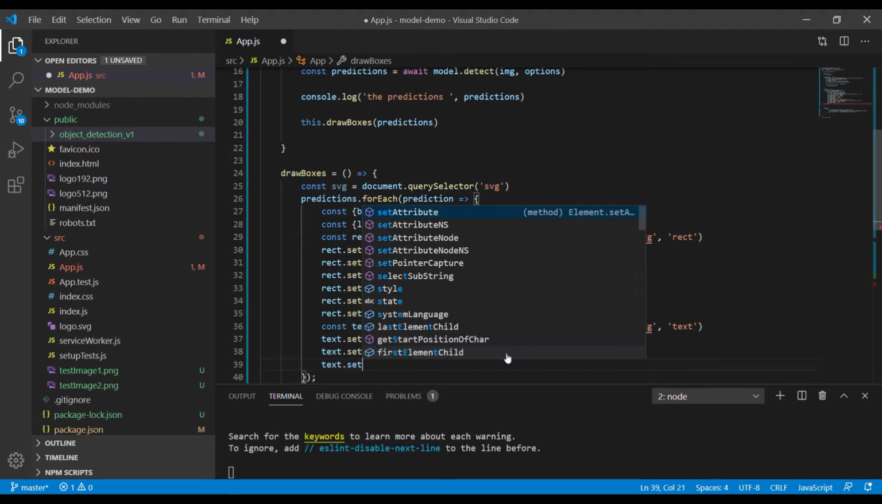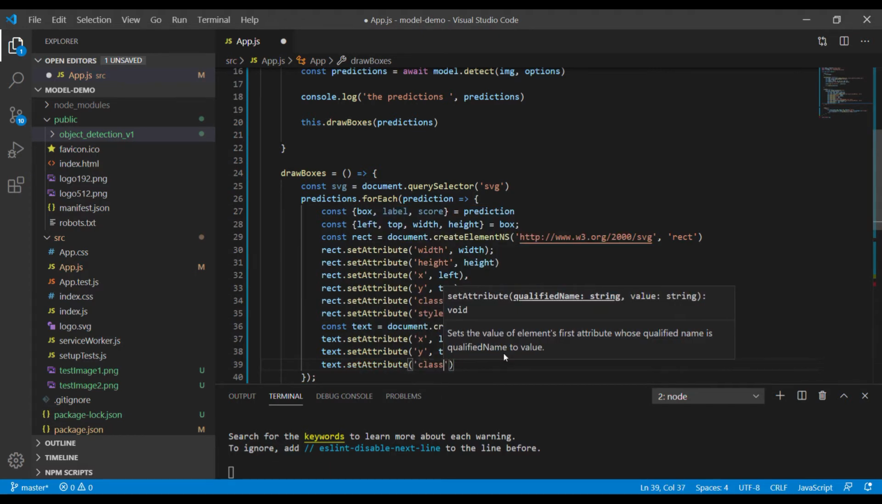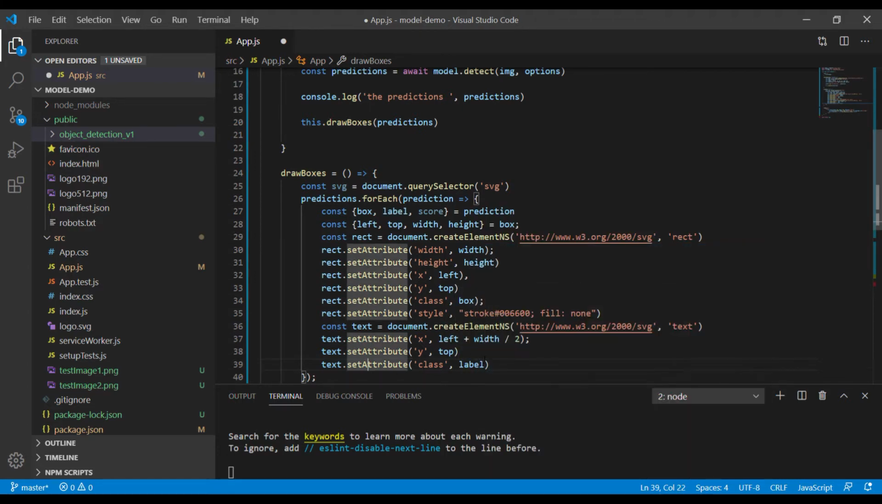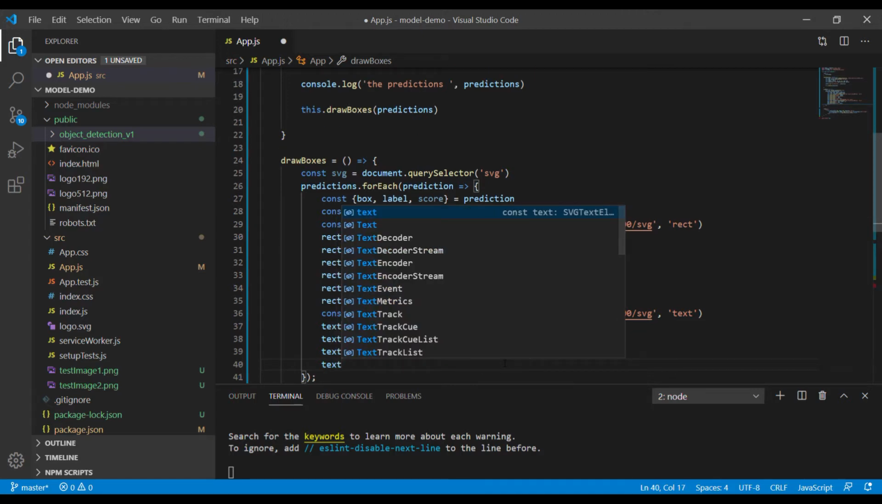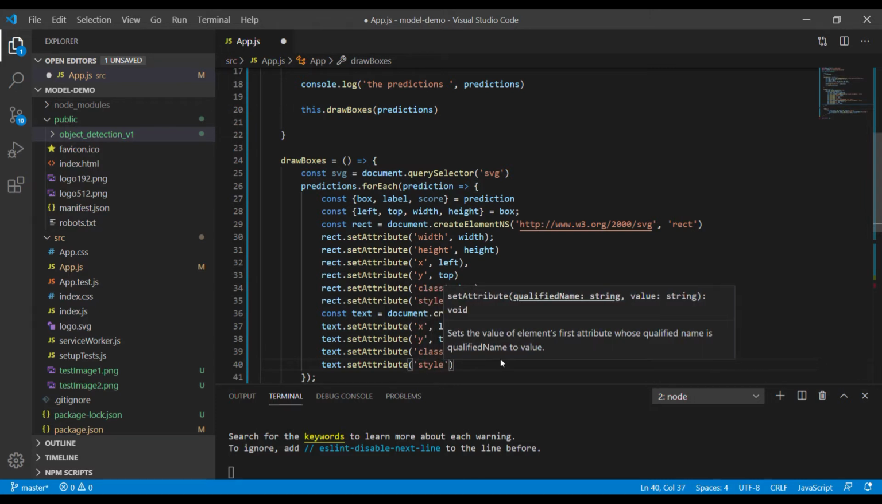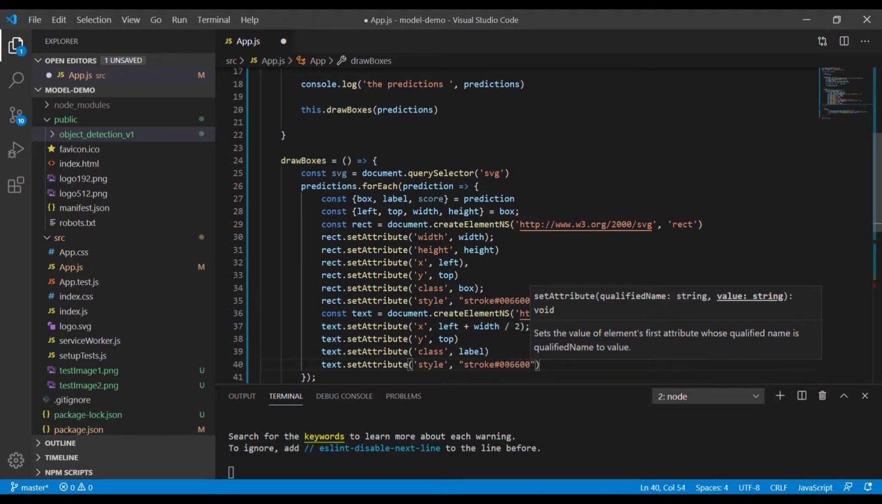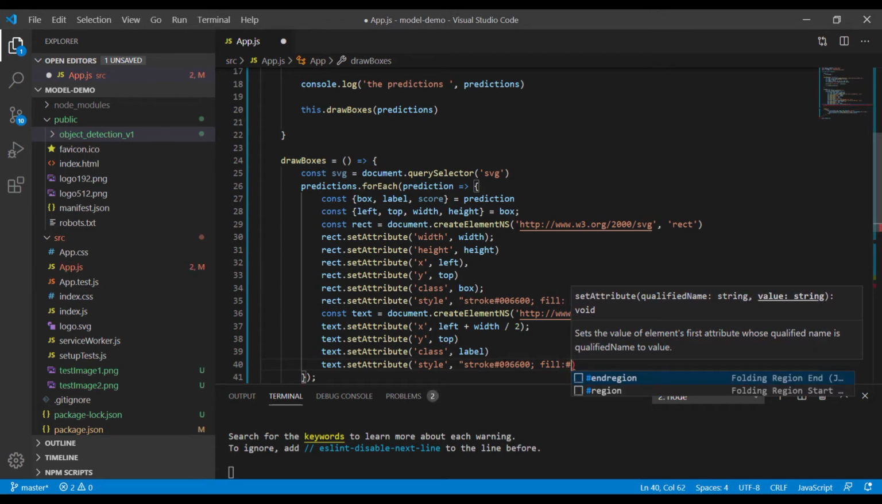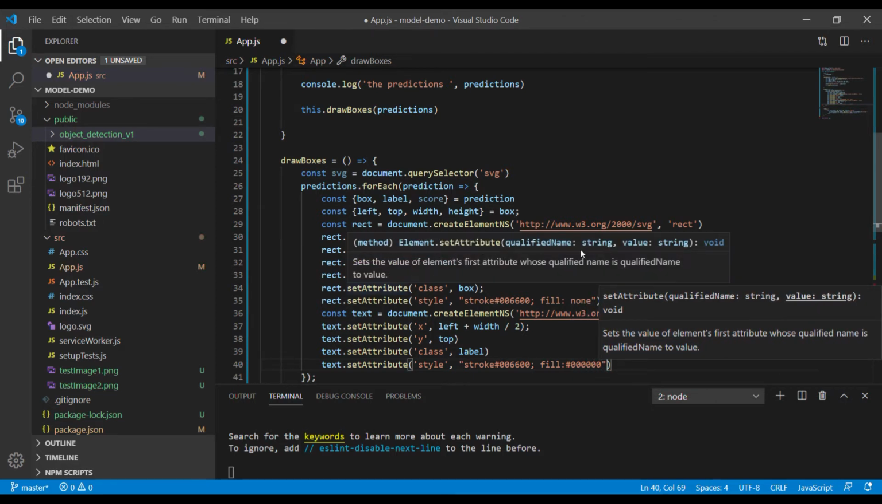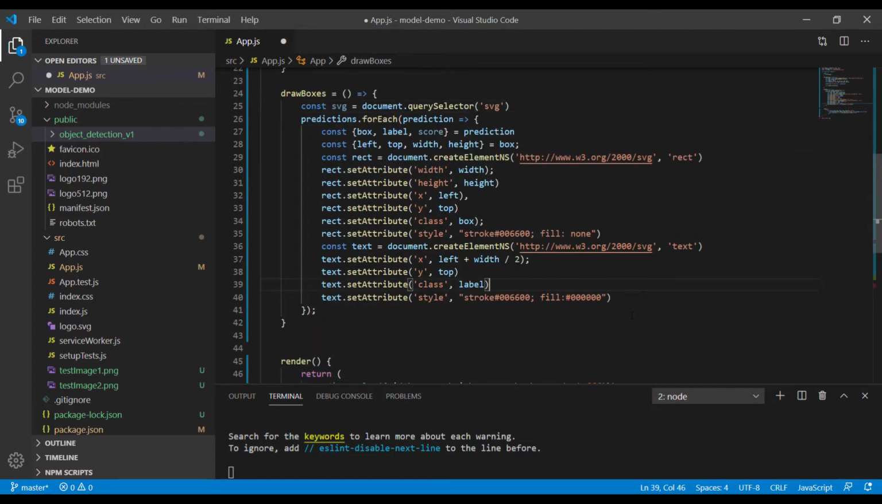We keep going with set attribute of class as a label, and last but not least, we set the attribute of style to be stroke number 006600 with a fill pound 123456. Okay, yeah, this is a big old function, but